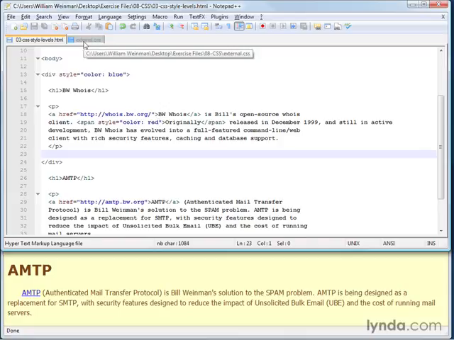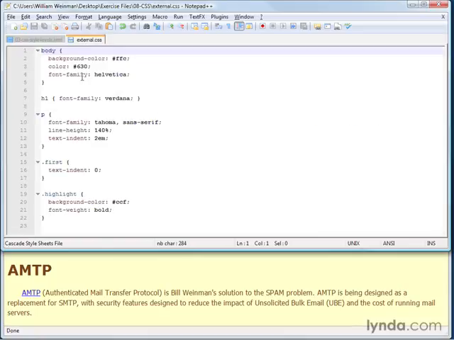So let's take a look at the style sheet itself, and we'll understand some of the elements of how the style sheet works and how the syntax of the style sheet works. Here we have the word body and H1 and P. These are selectors. And so the selector is the first thing that you'll see in a style sheet. There's three different kinds of selectors. This is a tag selector, and this is a tag selector, and this is a tag selector. So these are names of tags, and you don't see any special punctuation around them.